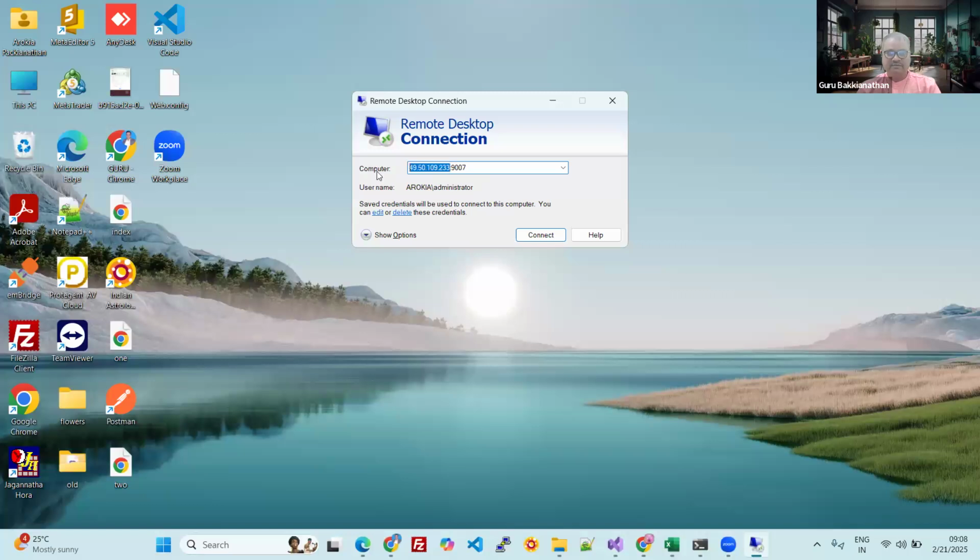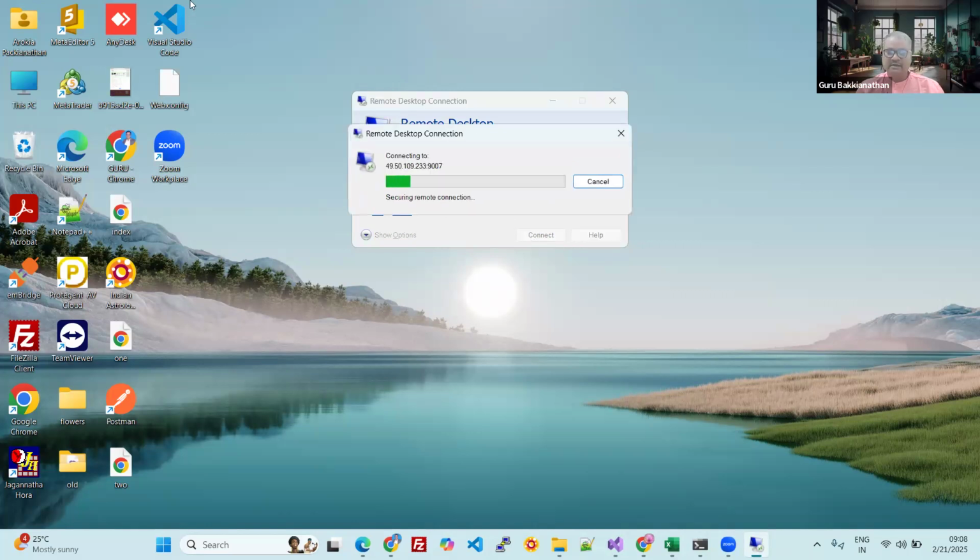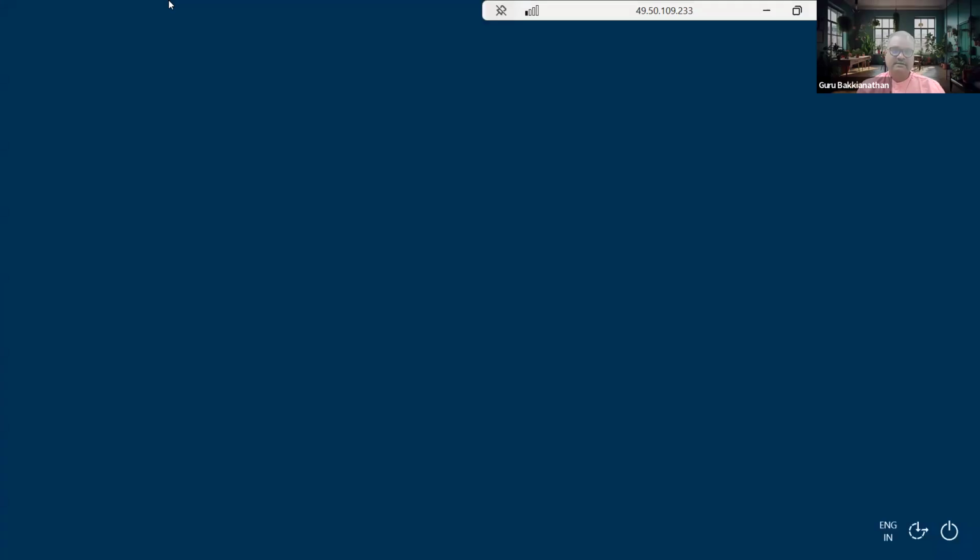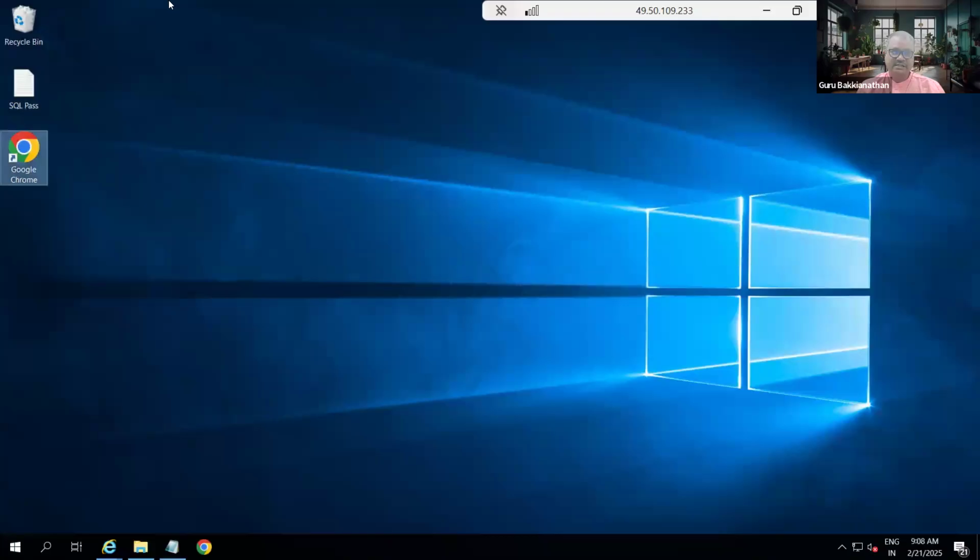We have purchased a new Windows server. I'm just connecting to the Windows server with remote RDP, remote desktop connection. So this is the static IP of our server. We purchased a new server for this project. All your work, whatever you are going to develop in the coming days, will be hosted on this server. Everyone's work will be hosted on this server. We will test the application on this server.